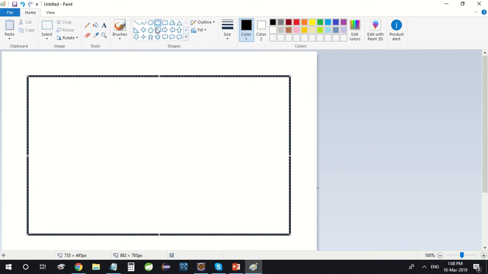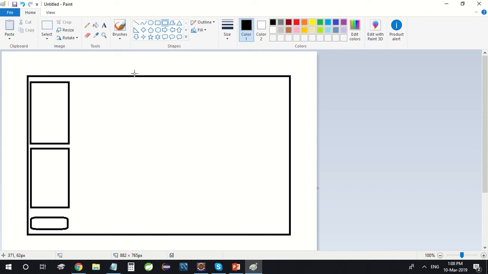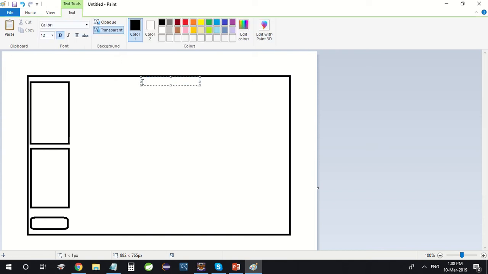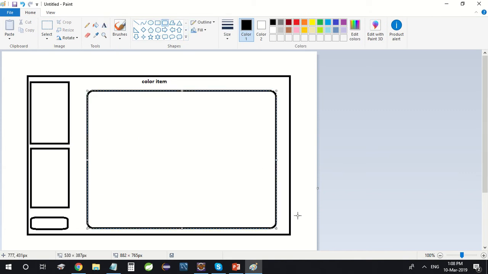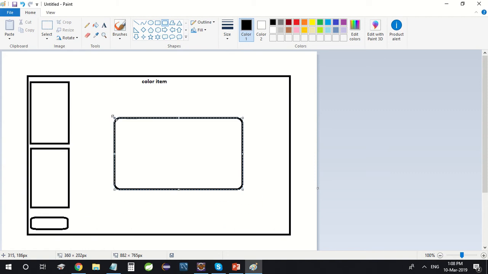We will have some radio buttons over here. We will use title panes here, two of them. We'll have a little button on the bottom here, and a little label over here to display the selection. So color item, and in the middle here we'll have an image somewhere here, like this maybe. All right, so we're going to use a border pane right here overall, and then two title